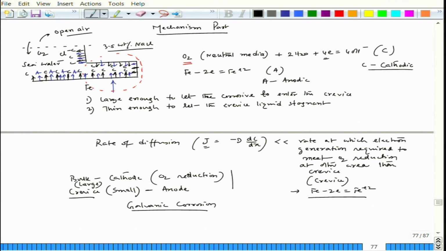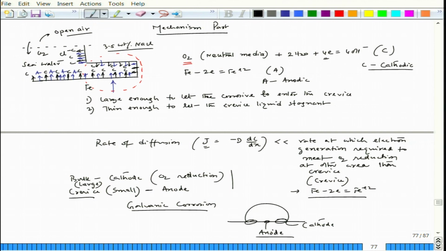This is exactly the same as the example we have cited, a water droplet: the area around it will be cathode and the center part will be anode, and this happens when oxygen is depleted at the center of that tiny water droplet. So, this is exactly the same as galvanic corrosion, but now it is not about anything like a crevice. There is nothing extraordinary about the crevice here except the thickness of that thin portion, which allows water to seep in but does not allow convection. So, it is a stagnant liquid. Except for that, everything is about galvanic corrosion.